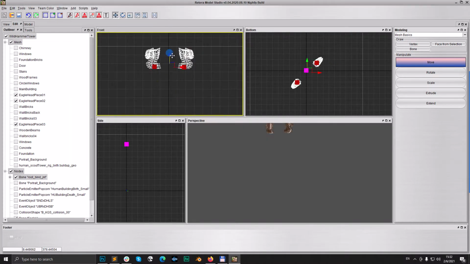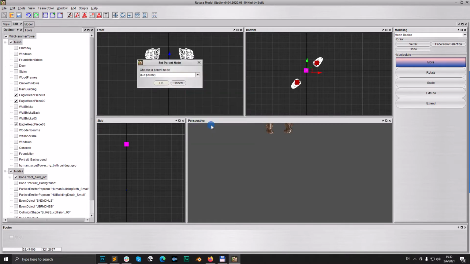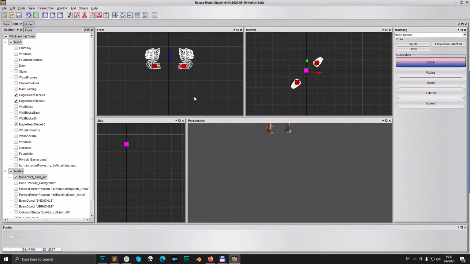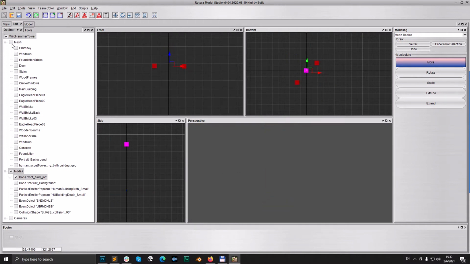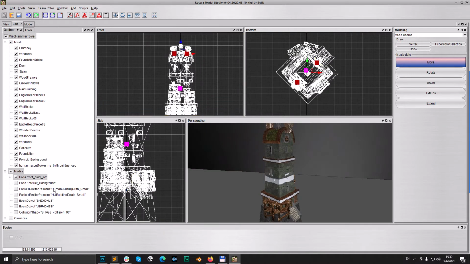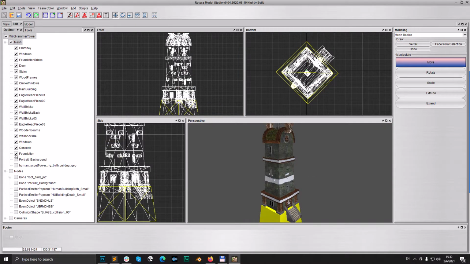Yeah, raise it up a bit. Set parent to root. So it seems like all of our building pieces have their bones attached. Yeah,